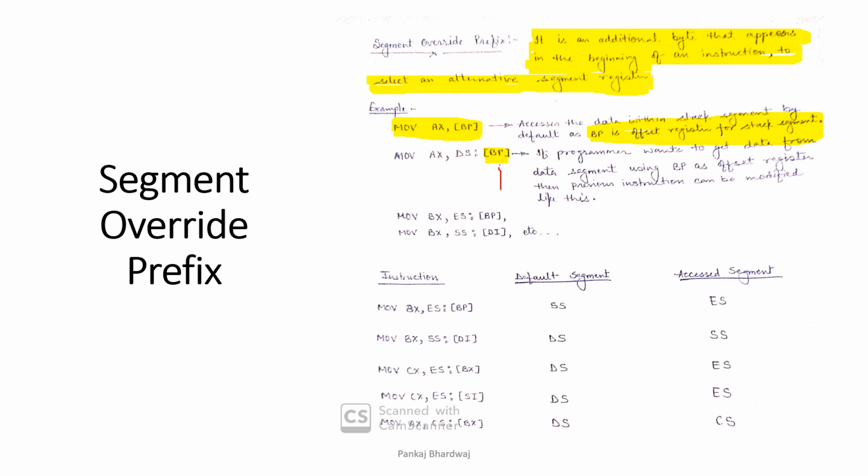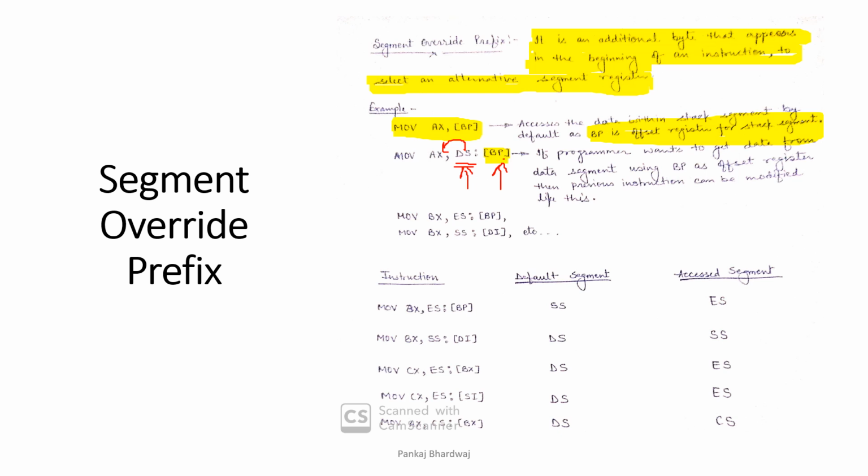That means the address of the memory is available in the base pointer in the form of an offset address, and that offset address does not belong to the stack segment, as we have added an extra override prefix in the form of ds colon bp. That means now the data is available in the data segment, not in the stack segment. So the offset address in the base pointer is now used to calculate the physical address of the data in the data segment, and the data from that address is moved to